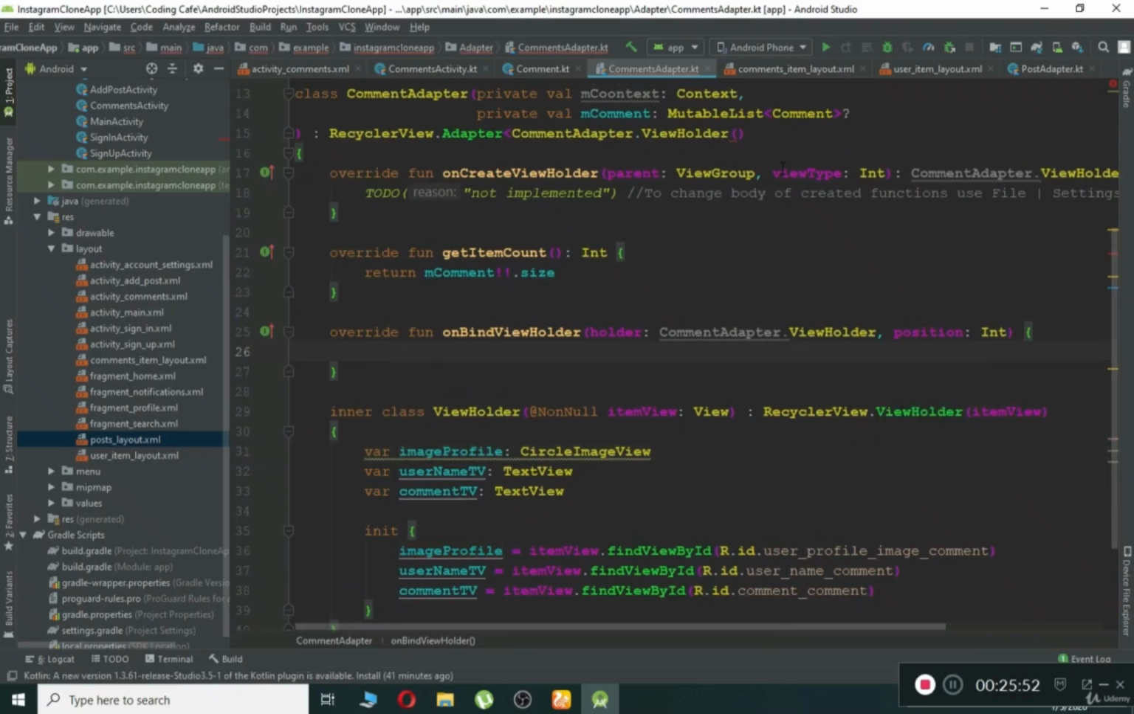I just see it, okay? Make sure to have this thing here, okay? Comments adapter.view holder, and make sure to close this angle brace. Okay, it is started here and closing here. So inside our onBind view holder, first of all, what we need to do is here,